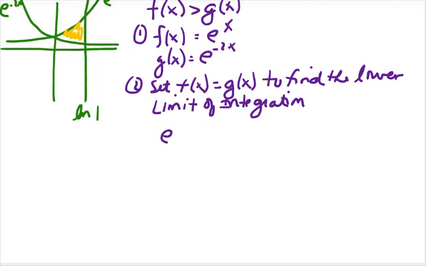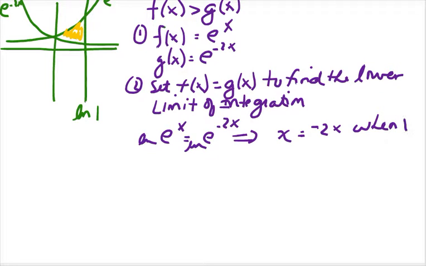So doing that, e to the x equals e to the negative 2x. Take the ln of both sides to unlock the exponents, and you get x equaling negative 2x, and the only point that happens is when x equals 0. So that's your lower limit of integration. So let's build the integral now. It goes from 0 to ln of 4